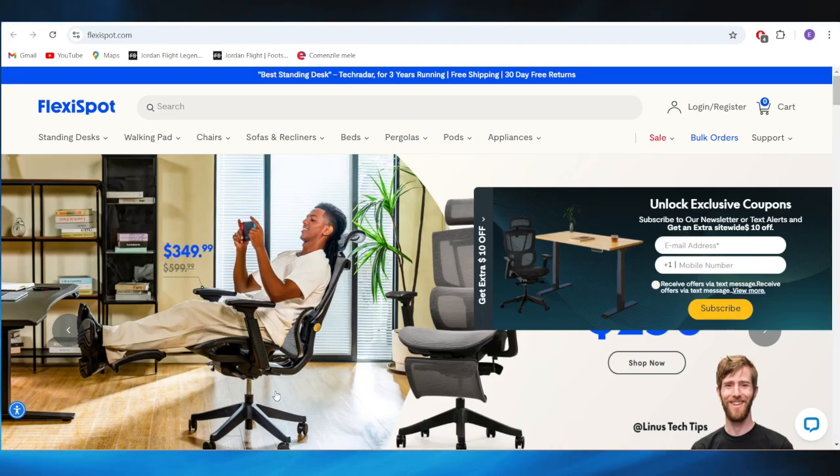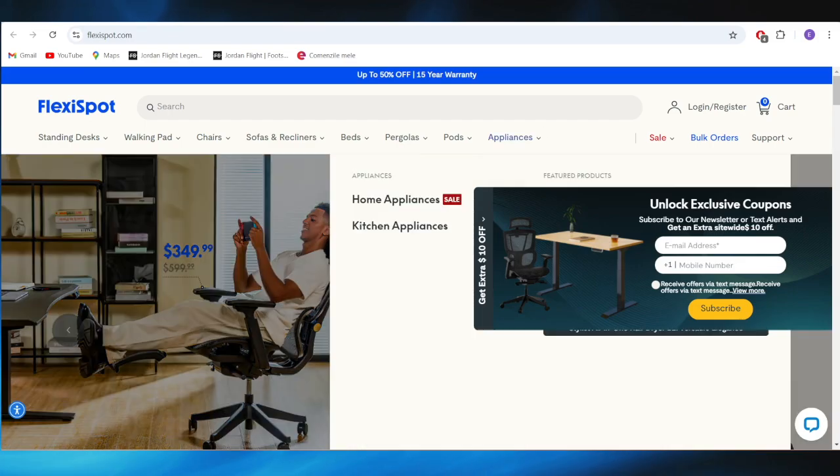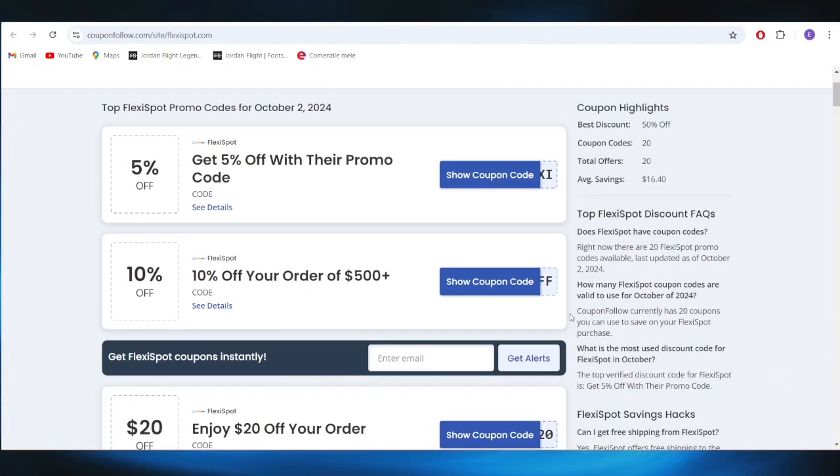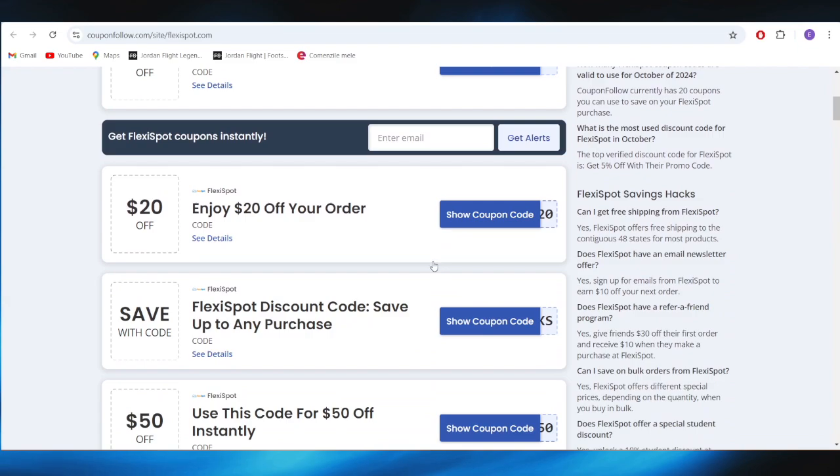First of all, go to your web browser and right here you'll have to search for Flexispot discount promo code. Right here, go to this website which is called couponfollow.com and open it. As you can see right here, we have a list of different type of promo codes that we can use